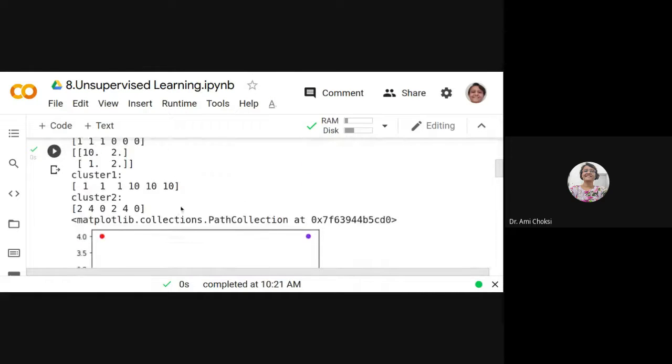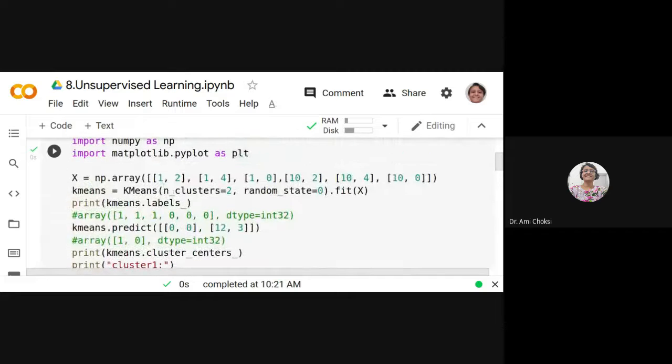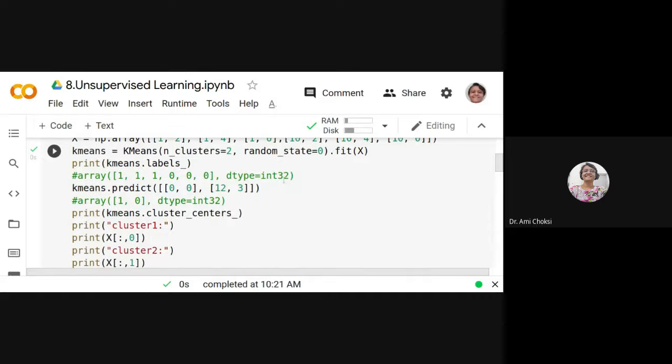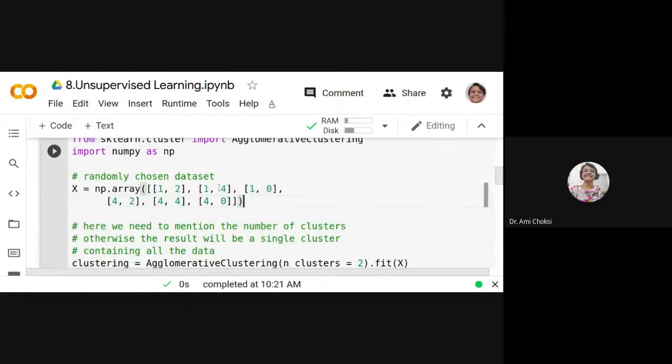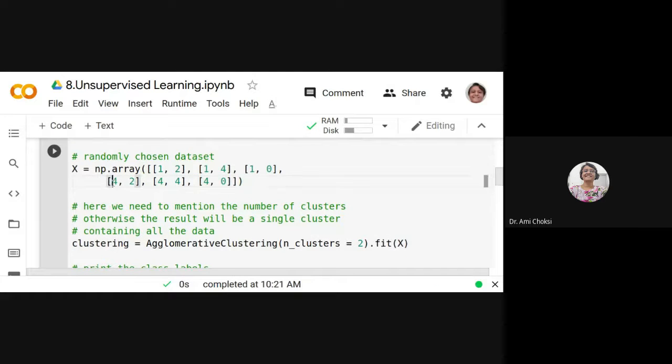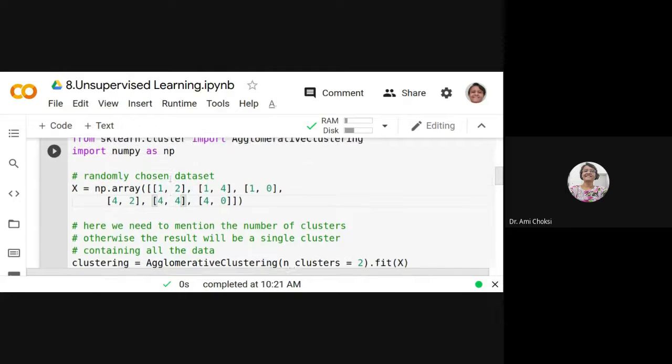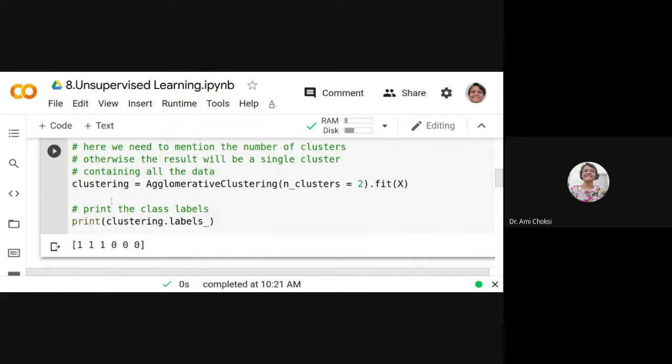Is it the same array which we were having before, or different? Let's see. Is it the same? Yes. It is the same, right? No, it is not the same because 10, 10, 10 were there and here it is not so, right? You can keep the same. It doesn't matter to us. But let us have the data available in the NP array.